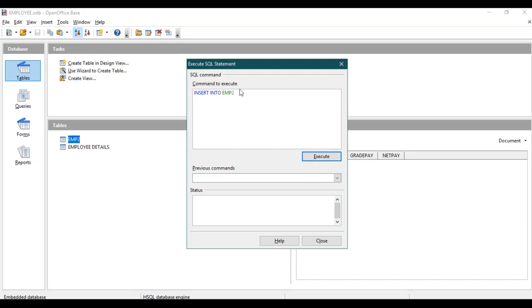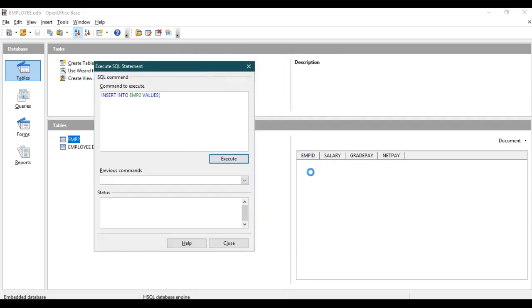Here this is my table name emp2, then space values, then open the bracket. So what are the values I'm going to give now? Employee ID, salary, grade pay, net pay. So employee ID will be 1002, comma, salary will be 3000, grade pay 5000, net pay 8000.